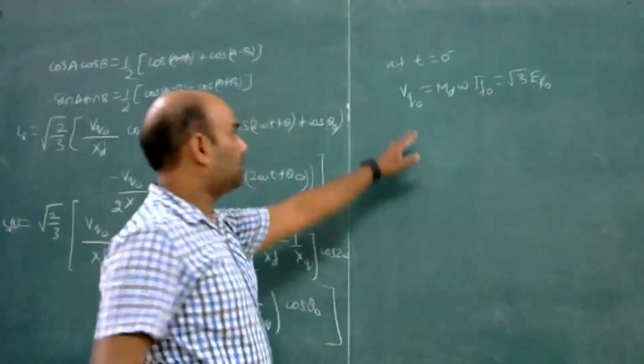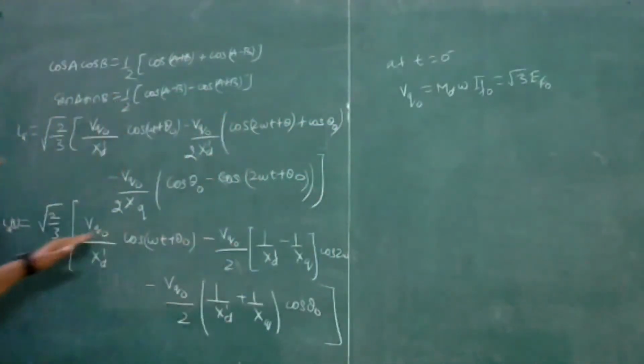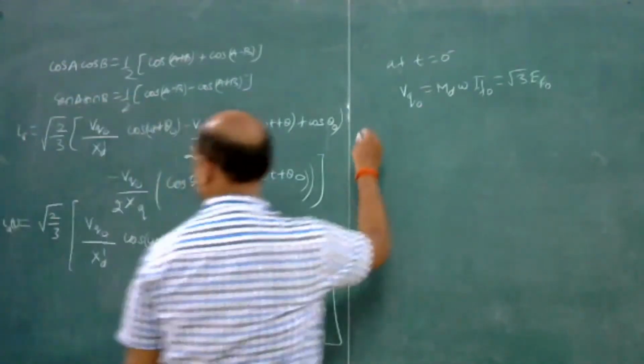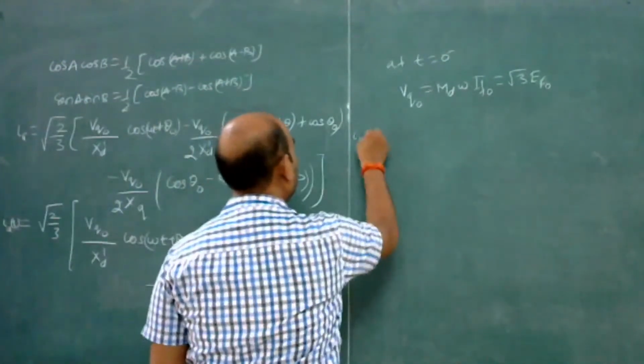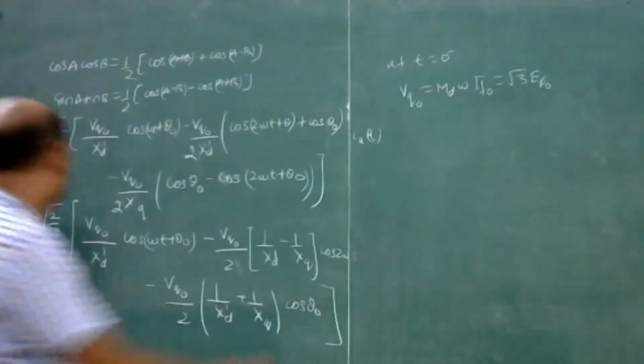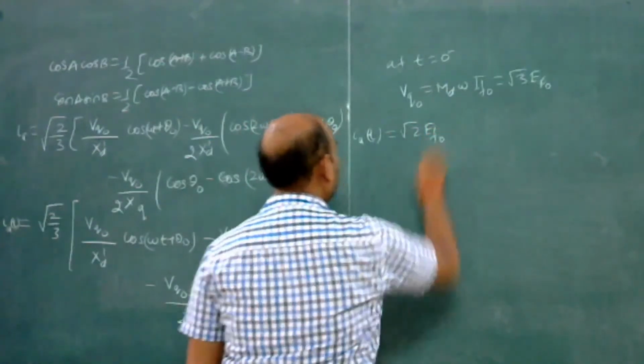Now substituting these values of Vq naught here, so taking Vq naught outside. So this will be equal to root 2 times IA. Here there is root 3, so this will get cancelled out. So this will be root 2 EF naught